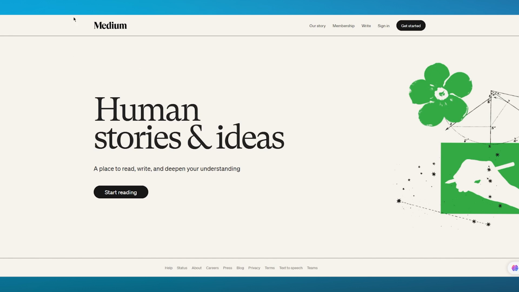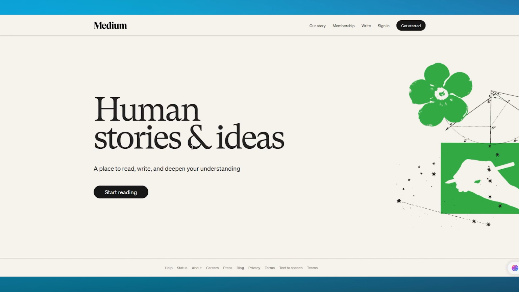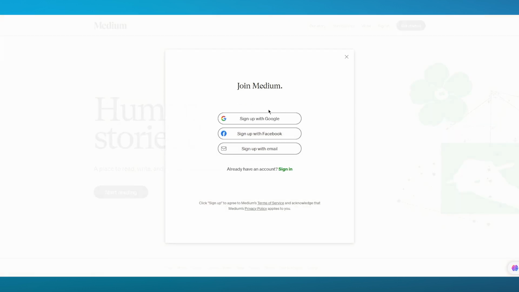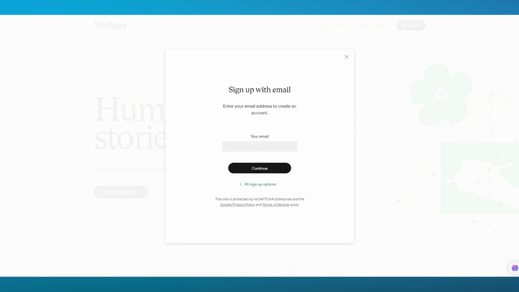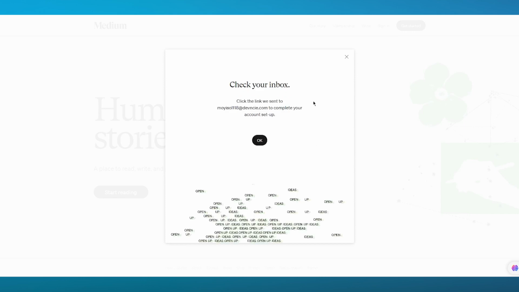So to start things off, what you're going to do is you're going to come over to medium.com, and once you come over to medium.com, over here to start things off, you're going to click on start reading. Now it either says sign up with Google, Facebook, or email. I'm going to go with email, and once we go with email here, I'm going to enter my email straight away. Once you do that, click on continue. And now it says that we've sent a verification email or a verification link to your account. So I have just received the verification email. You know, it's pretty fast. So once we do that, we're simply going to click on create your account.